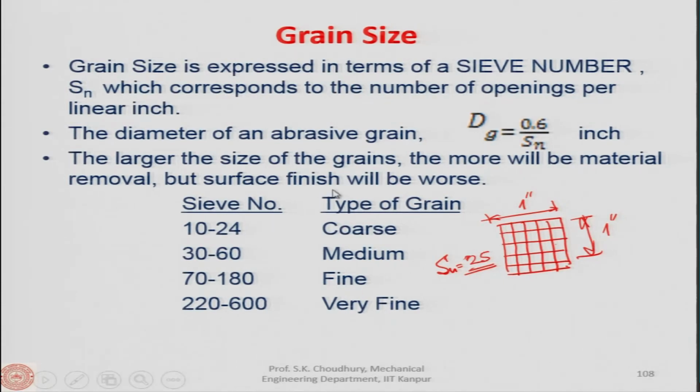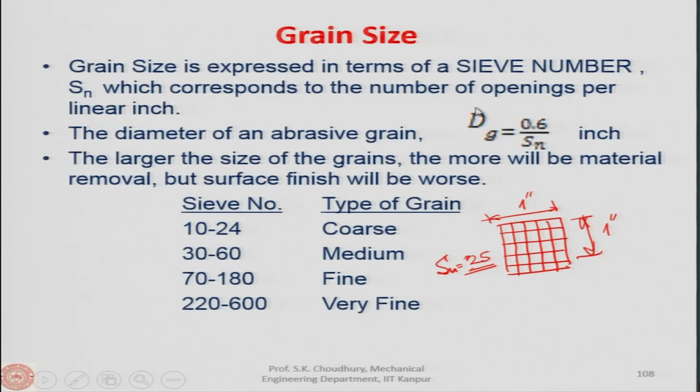Now, the diameter of an abrasive grain, let us designate it dg, is given by 0.6 by the sieve number. So, this is inversely proportional to the sieve number. As you understand, the more the sieve number, the less will be the diameter, and vice versa. But this is given in inch, mind it, because this formula is taken from the American source, and therefore in India we have to convert it into millimeter or micron